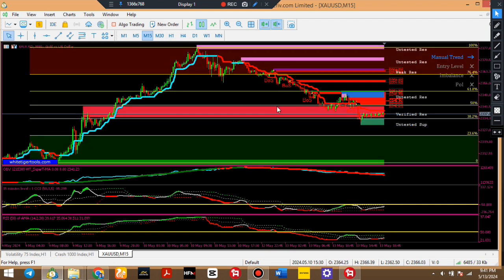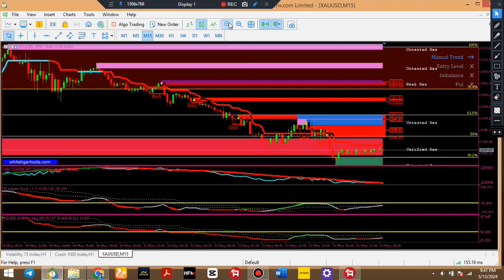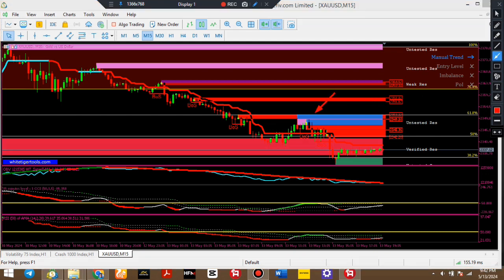Yes, well, let me zoom out a bit, where you will have taken your entry since price has been creating lower low, so indicating that price is bearish. So it was when price get to this point here now, you will have taken your entry. You see it immediately broke structure. This was the point it came back to retest the structure, and then next thing it started going down. Price started doing what? Moving down.